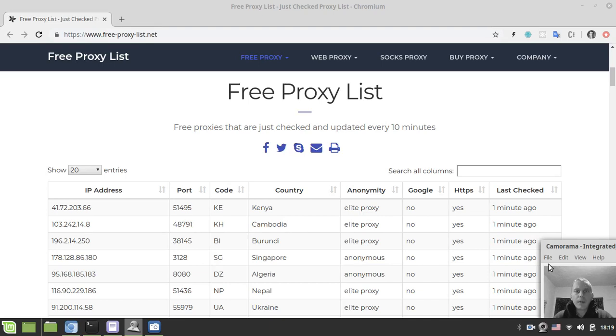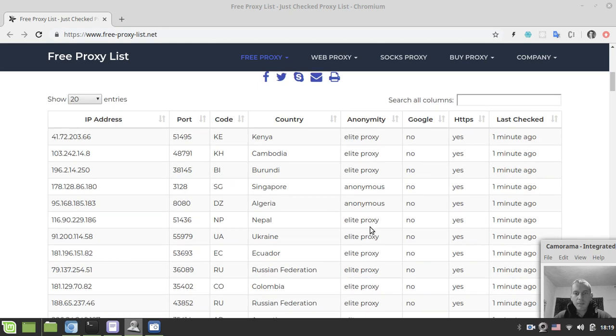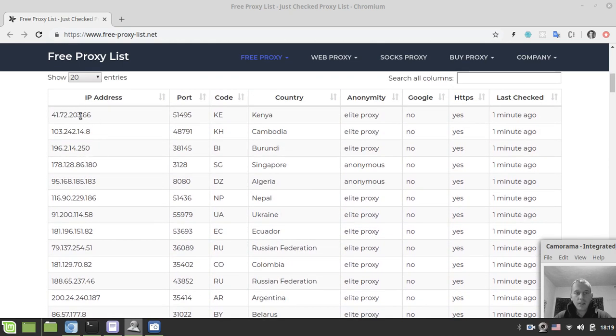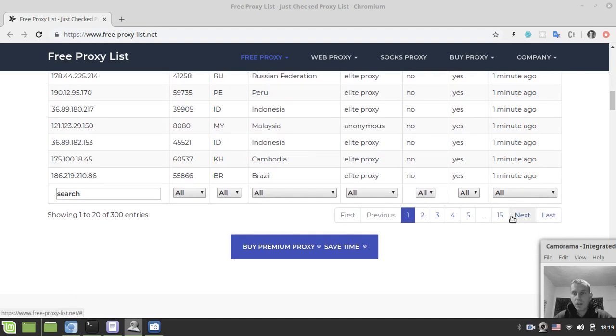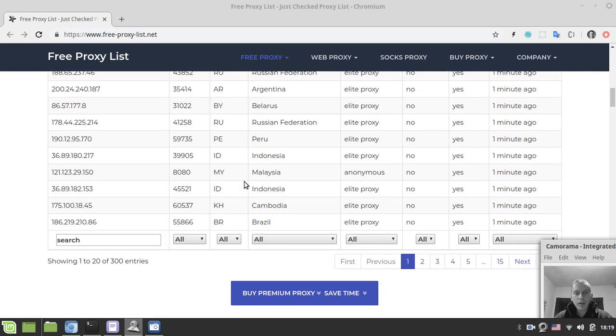Hi guys, welcome to One Time Scrapers series, and today we're gonna write a simple scraper that would extract data from freeproxylist.net. As you can see here, we have a table of values with the IP address, port, country, etc. And you might wonder that it consists of several pages, but actually all these 300 entries are already